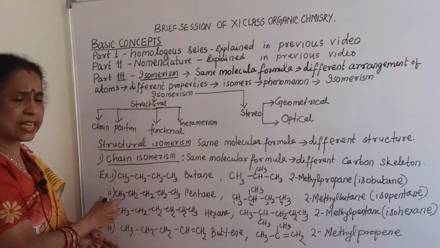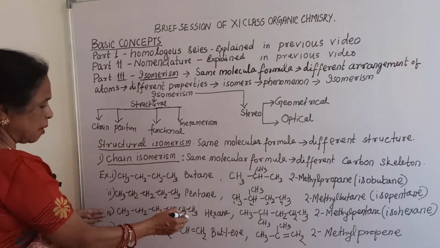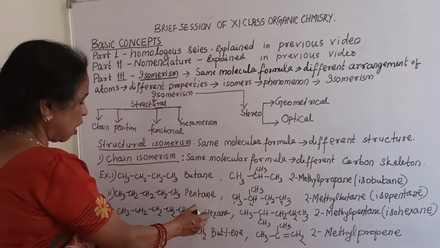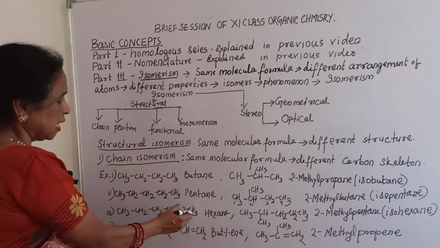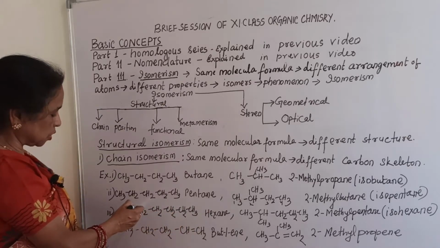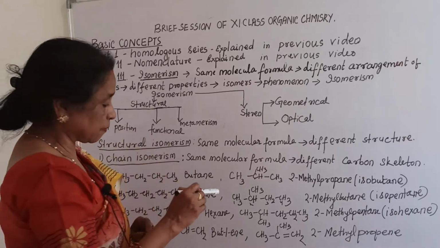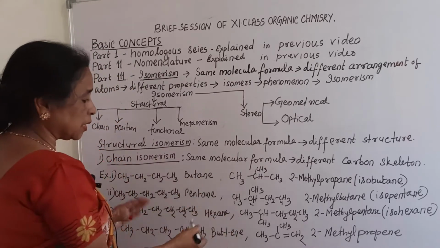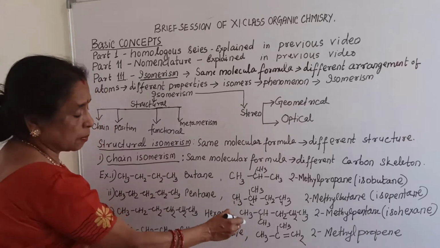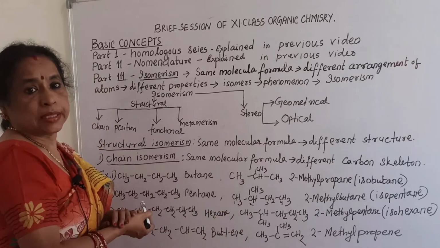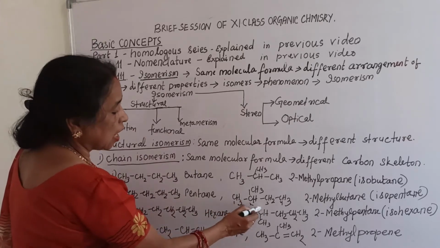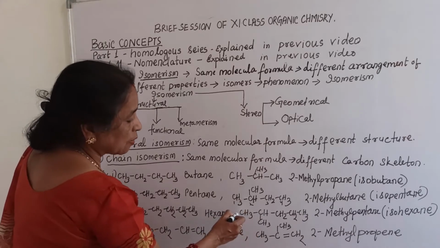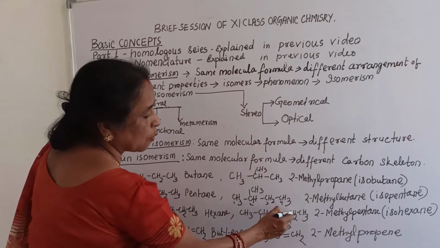Again, come to the next example. See the next example: here 6 carbon atoms. This is called hexane because CH3, CH2, and so on, that is hexane. Now what happens here? It is a chain isomer. Again see, in position number 2 there is a methyl group, so it is known as 2-methyl. And what is the long chain? 1, 2, 3, 4, 5.